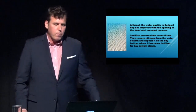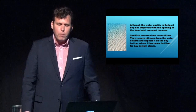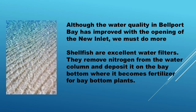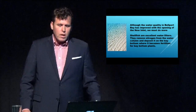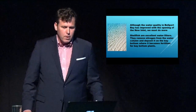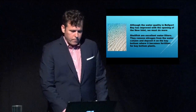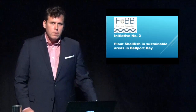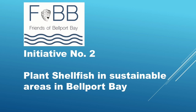Although the water quality of Bellport Bay has improved greatly due to the existence of the new inlet, or Bellport Inlet, we decided that it was a great opportunity to do even more. So we decided that we were going to plant shellfish, because shellfish are excellent water filters. They remove nitrogen from the water column and deposit it on the bay bottom, where it becomes fertilizer for bay bottom plants. And that brings us to Friends of Bellport Bay Initiative number 2, to plant shellfish in sustainable areas